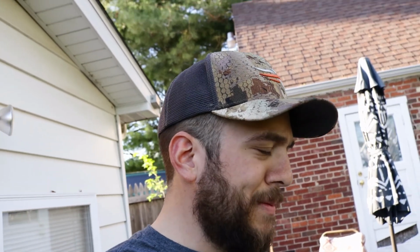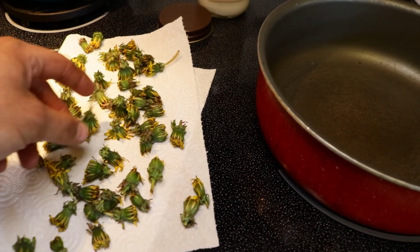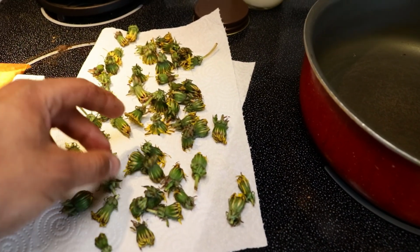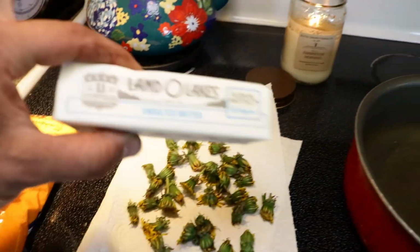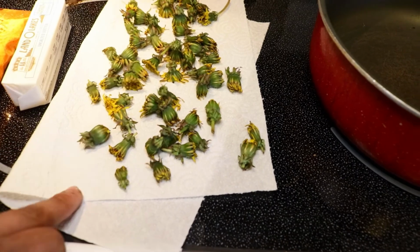Now that we had our greens, our nice little appetizer, it's time for the main course, which is fried dandelions. Stay tuned. All right, so I got all the dandelions. I rinsed them out a little bit, and I set them aside. And they closed up on you, which is perfectly normal. They're going to do that because you cut them away from the root. But they're still going to be tasty. They're still good. I got butter, seasoning, egg wash. I'm going to heat a little bit of the butter in here on kind of a medium-high heat. And then I'm going to give the blossoms a little egg wash, a little shake and bake, and then